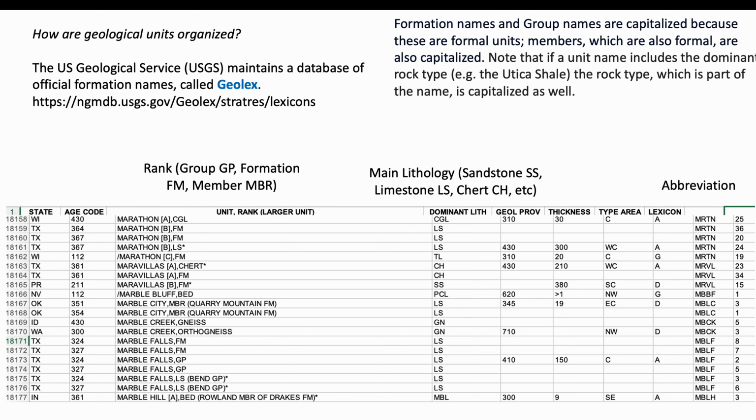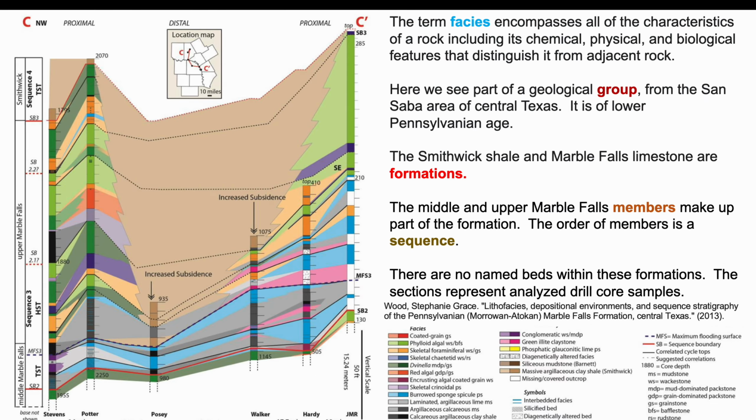All right. Geological units. The way we divide up the layers of the crust of the earth, basically, we organize them in sort of a hierarchy. Here's the hierarchy over here. So you've got a group, which is a great big thing. A group is going to be made of formations. So individual formations will have a succession of different beds that make up a formation,